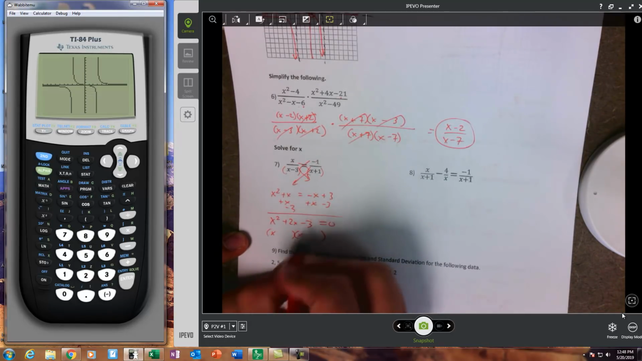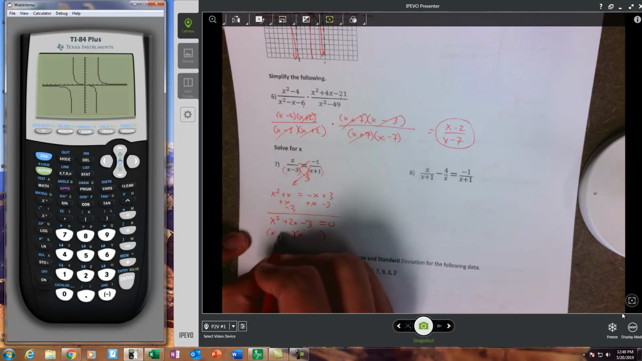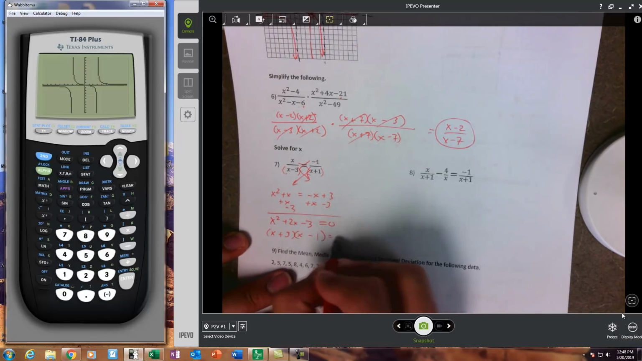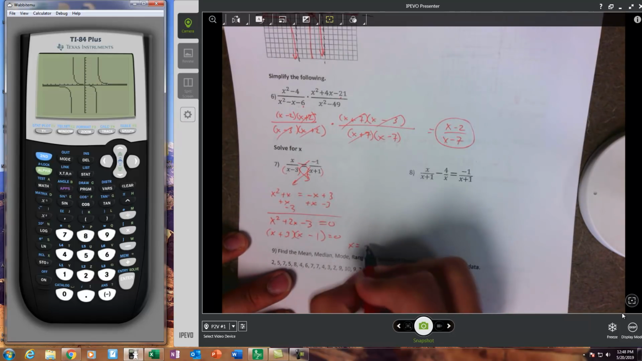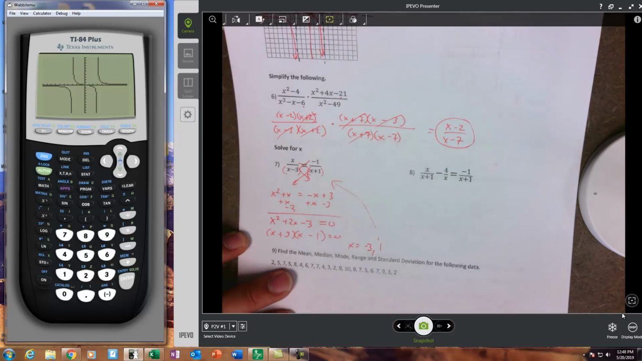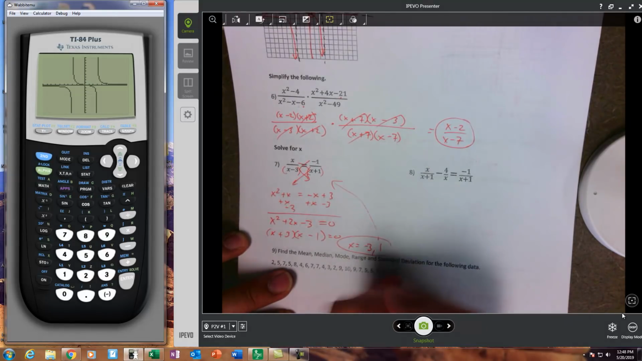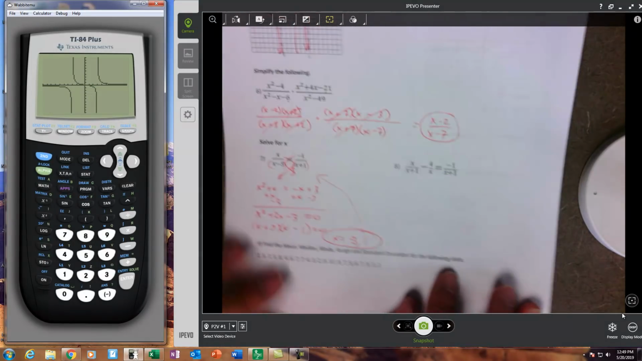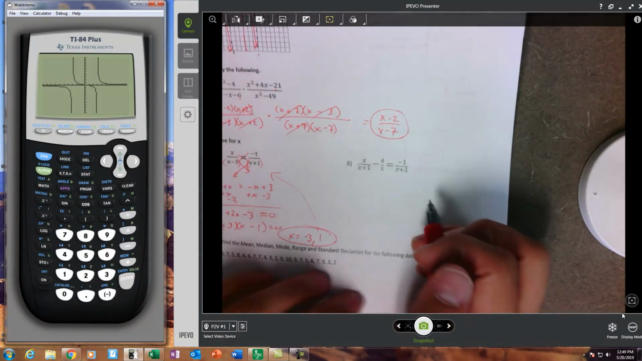x and x, factors of 3 that subtract to 2 would be positive 3, negative 1. So x could equal negative 3 or 1. I do have to check those answers back in the denominator. If it makes either denominator 0, it has to be rejected. In this case, both of those are acceptable answers. Over here on number 8,